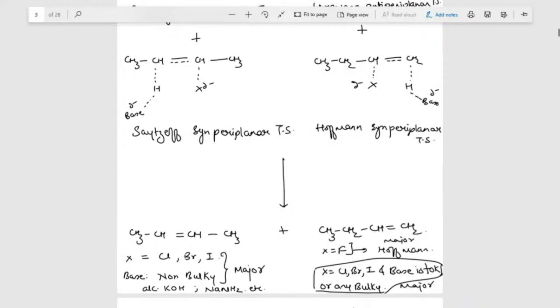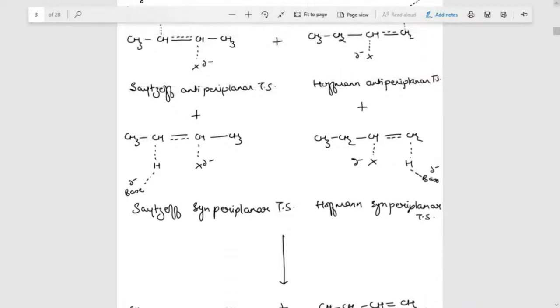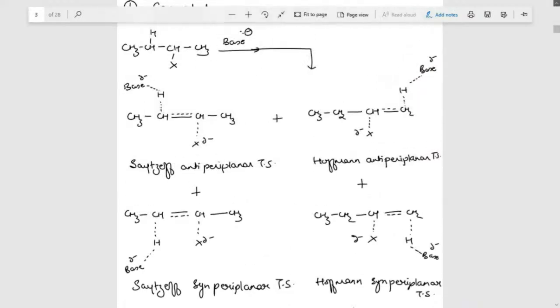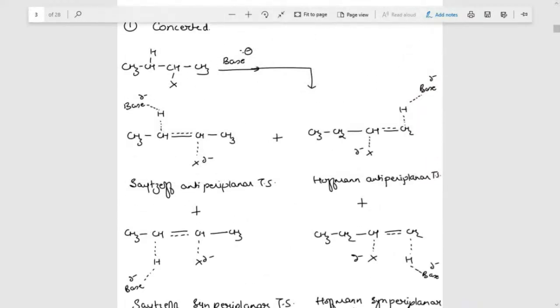Now, what is the reason? That I'll tell you, why and when these are the major products, how it proceeds. Okay, first let us just revise once, that these were our TS. A base approached, a more substituted hydrogen was approached. It could be from the same side, syn-periplanar, or it could be anti-periplanar. Certainly, anti-periplanar will be the most preferred